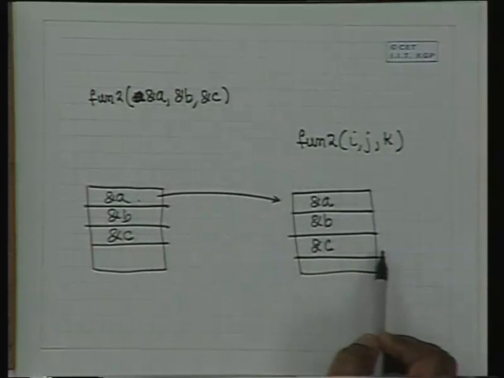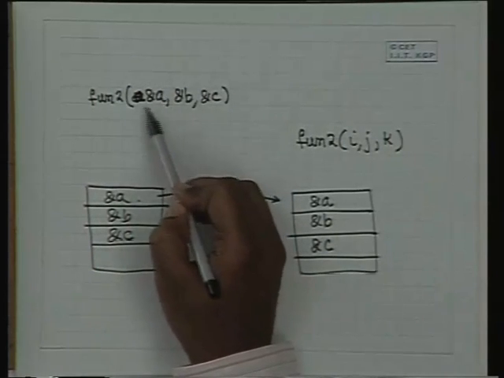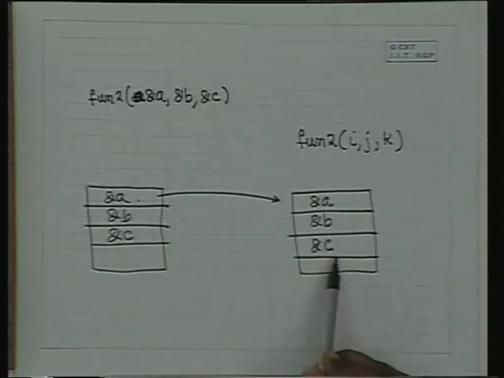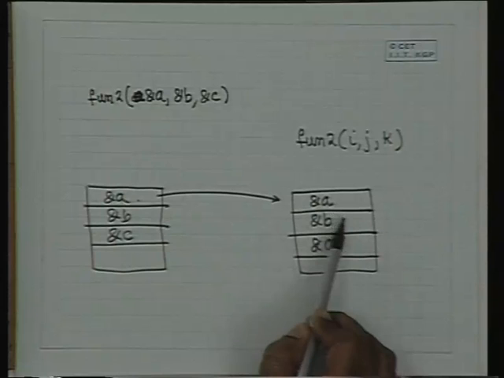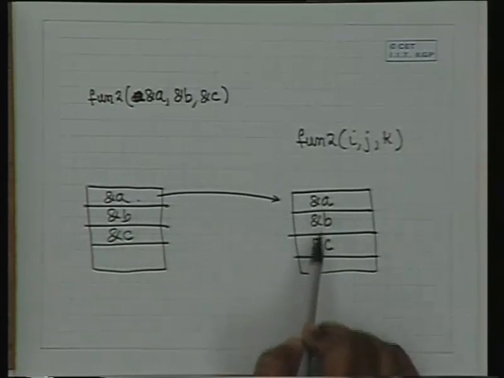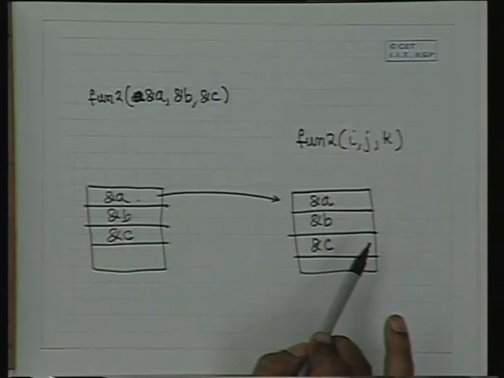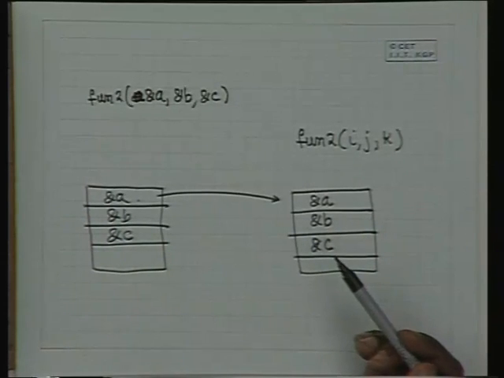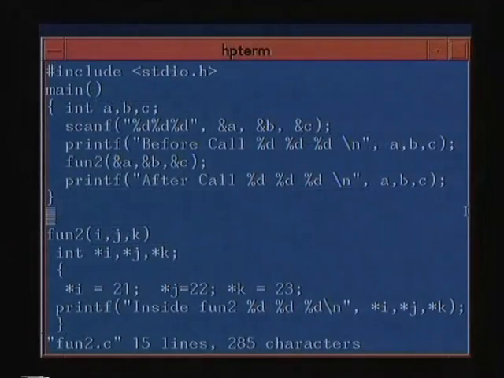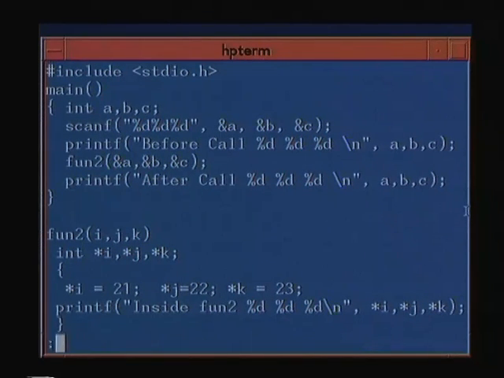These are the parameters. What is the value of AND A? AND A means the address of A. So once this is copied in here, it does not matter whether it is copied back or not. What I am going to do is modify the contents inside. So those contents are going to change anyway, and I am going to get it back reflected. So we'll just quickly see the program. I've passed the addresses of A, B, C, changed the contents, and so now if we run it,